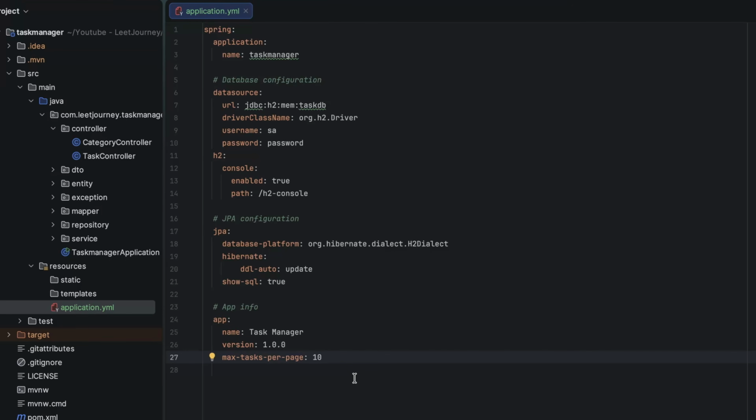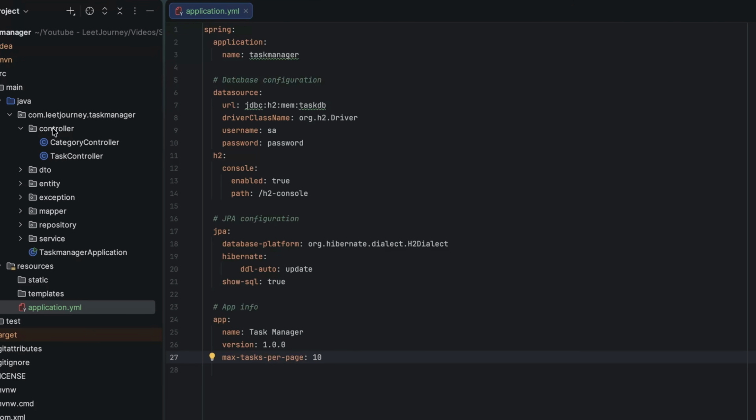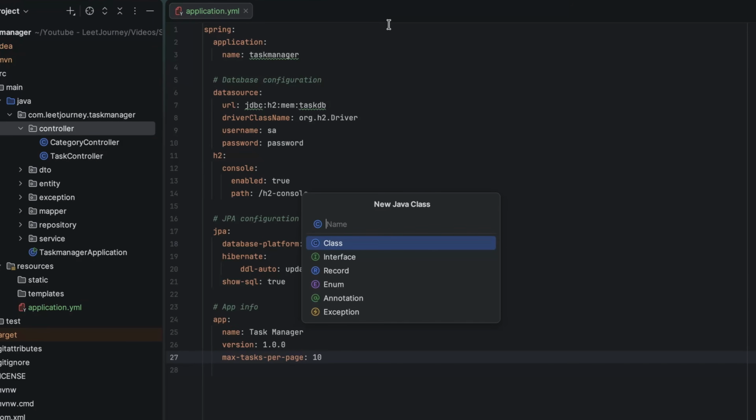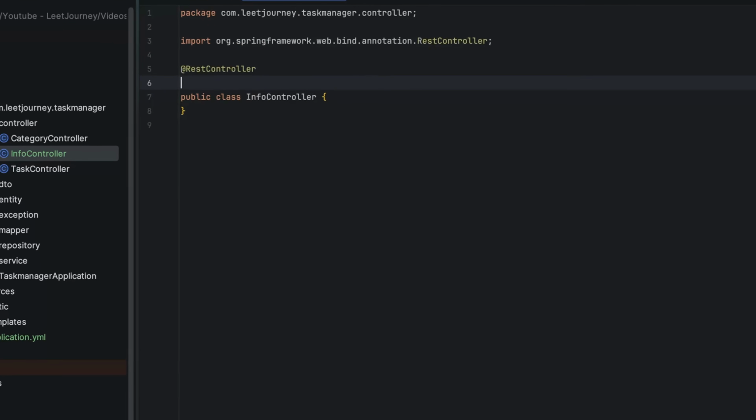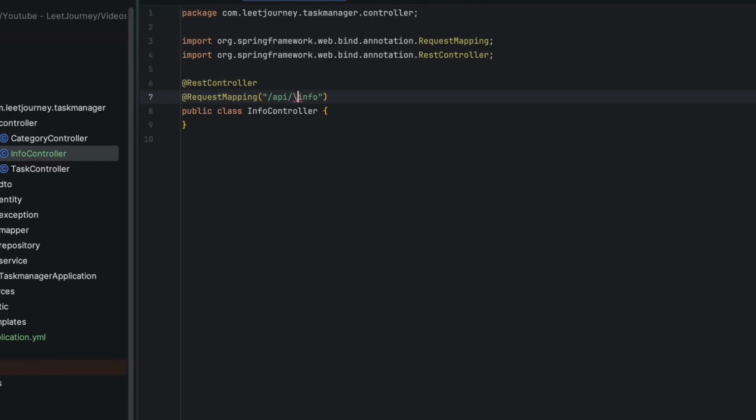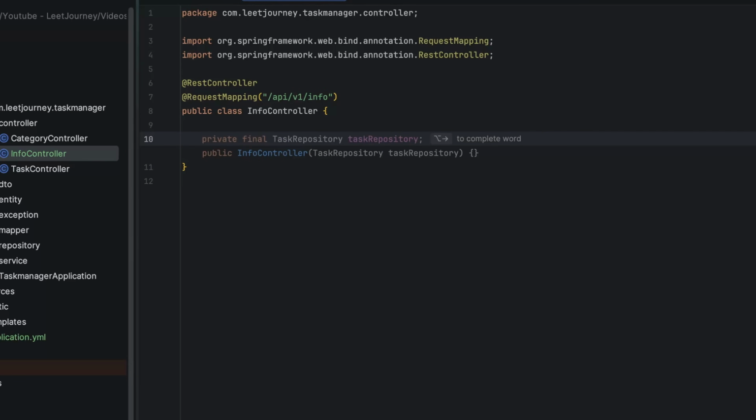Let's say you want to create a new endpoint which is going to give application information. You can do that. So we are going to create a new controller called InfoController. This is going to be a REST controller, request mapping /api/v1/info. And now if you want to access those values in here, we need to do private String appName, and